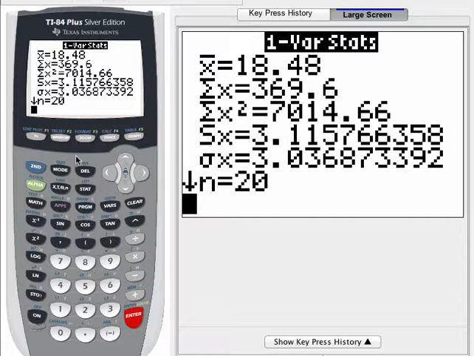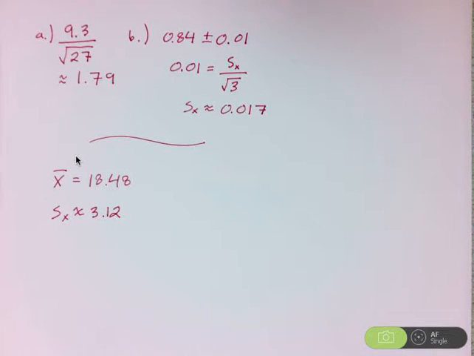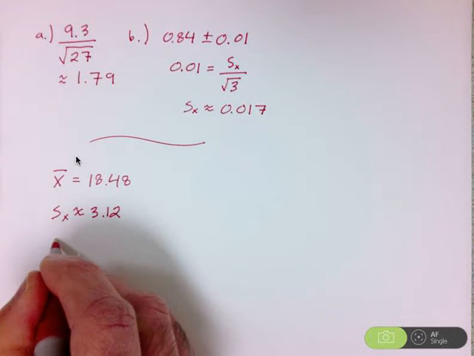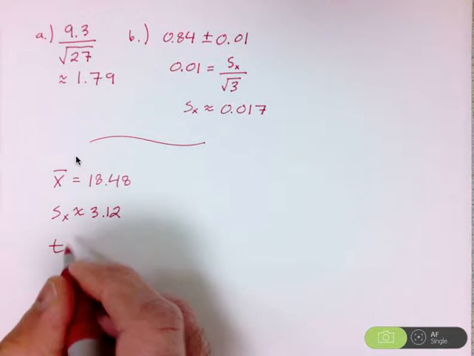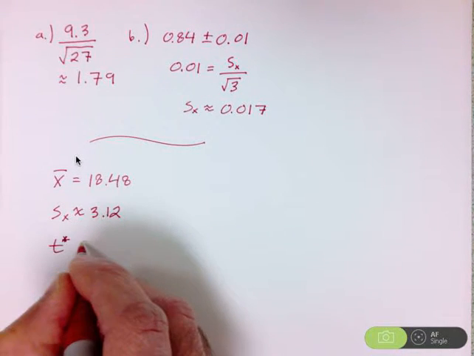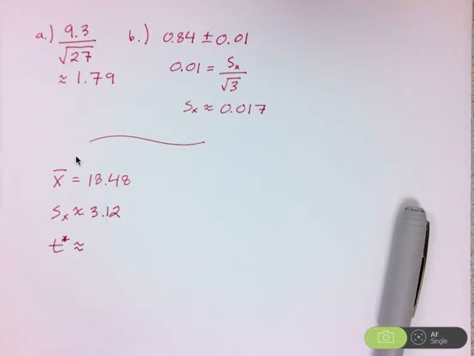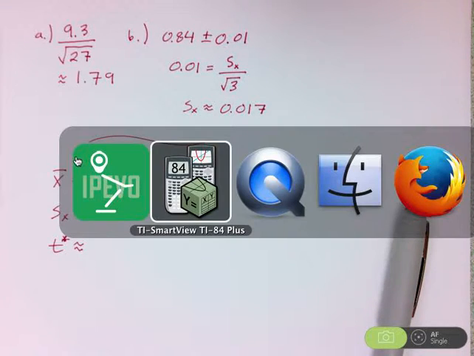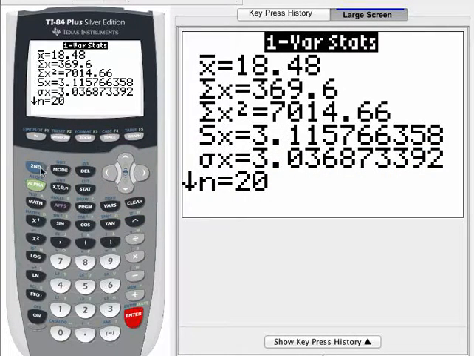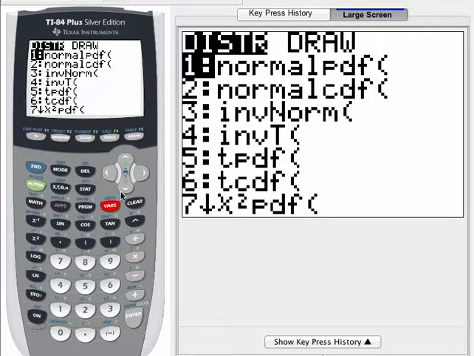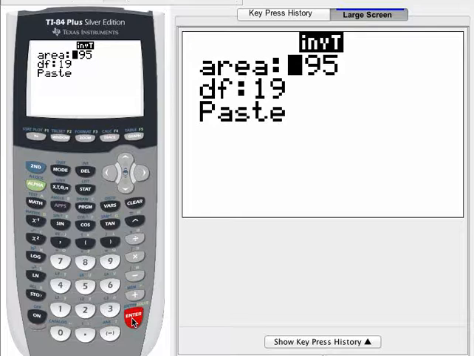Those are the values that I needed, so we'll go back so that you can see my work. So I do need to find my critical value. I'm building a 95% confidence interval, so I need to find my critical value. Because I'm using a sample standard deviation, I need to use t-scores instead of z-scores to account for the additional variability. So if you run your INVT program or use the inverse t command, I would enter here for 95%